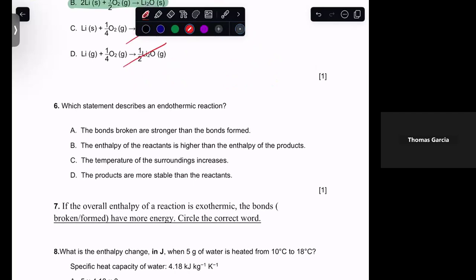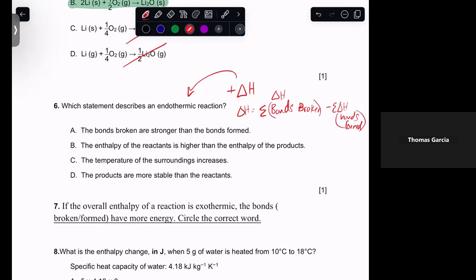Okay. Which statement describes an endothermic reaction? Endothermic is where we have a positive delta H. That's generally referred to as endothermic. Now, looking at A, bonds broken are stronger than bonds formed. So we're looking at the bond enthalpy, because the bond enthalpy equation is delta H equals the sum of delta H of bonds broken